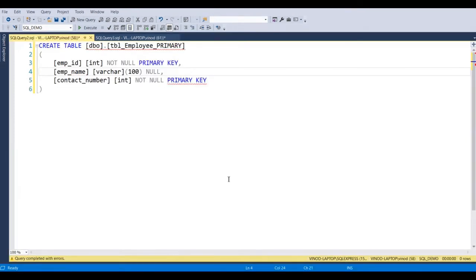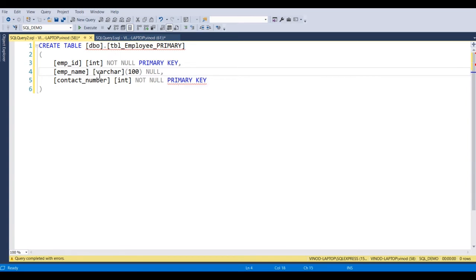Now let's see a demo of this. We have one table, TBL employee primary. We have defined two primary keys over here. We are aware that SQL won't allow a table with two primary keys. You can see a red mark saying cannot add multiple primary key constraints to table TBL employee primary.